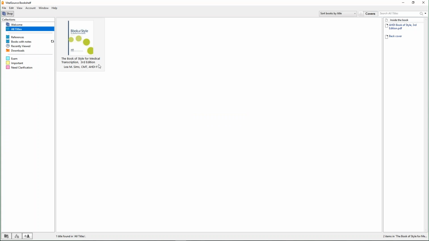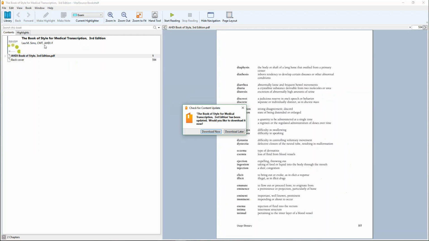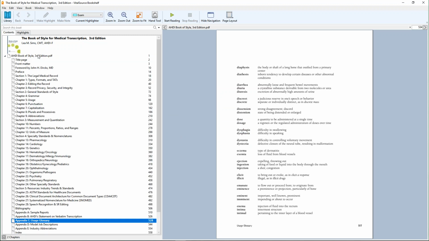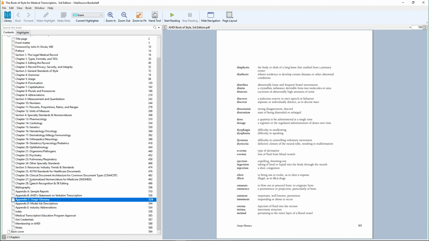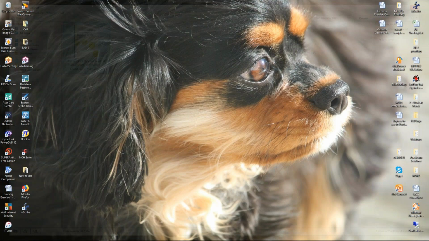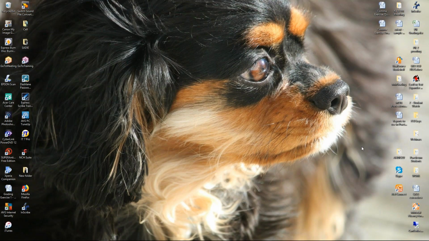Okay, so I can open it up, and I'm just going to click on that little arrow. Apparently there's an update for me to do. See? Just go from page to page there. Okay, so I'm just going to close that up. Okay, so yeah, there's some differences between the online version and